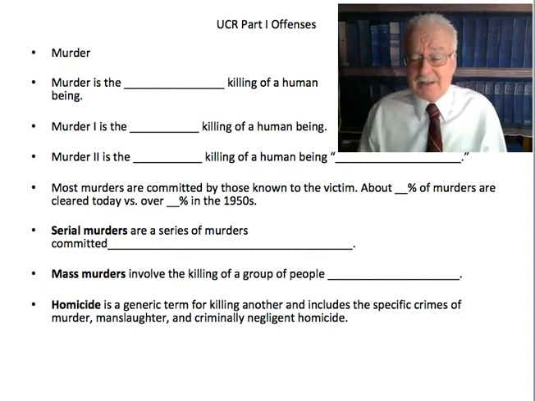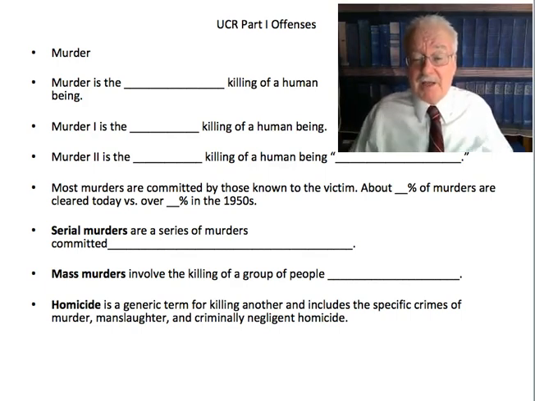He or she wants that person dead, and they kill that person in cold blood. Whereas in Murder 2, there's the factor of the heat of passion. The person still intentionally kills that person, but they're very upset over something. For example, the person comes home early from work one night and discovers their spouse in bed with their best friend. They become enraged. They want to kill the best friend, and they intentionally kill the best friend.